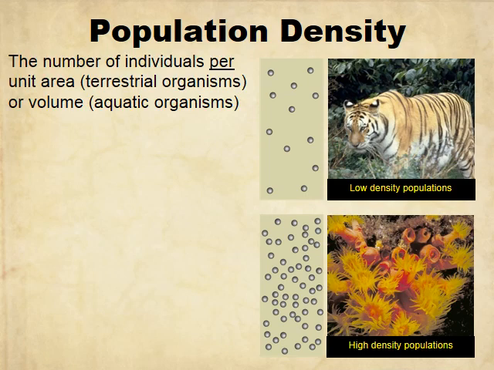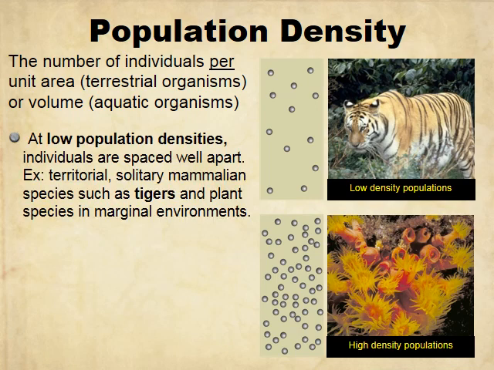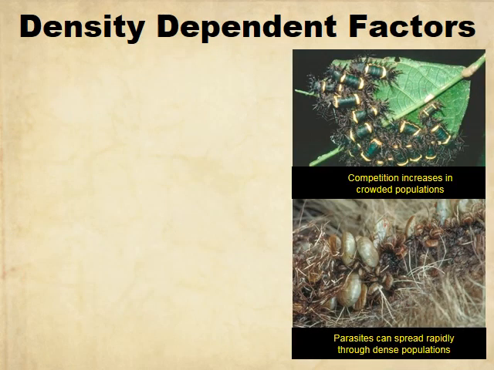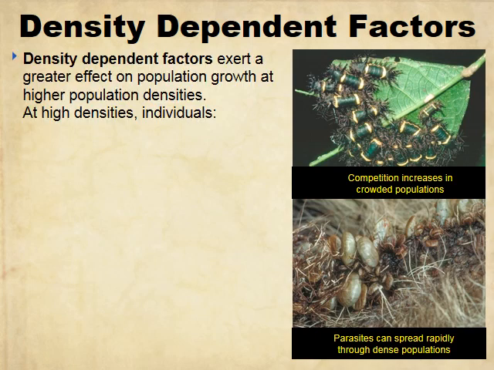So your density is number of organisms per unit area. So with solitary animals, usually you have low density populations, and then you have high density populations where they're crowded together. So a lot of colonial animals, rabbits, corals, termites, schools of fish, things like that. You have density independent factors and density dependent factors, which lead to how many organisms are in a population. So your density dependent is higher population densities are going to have a greater